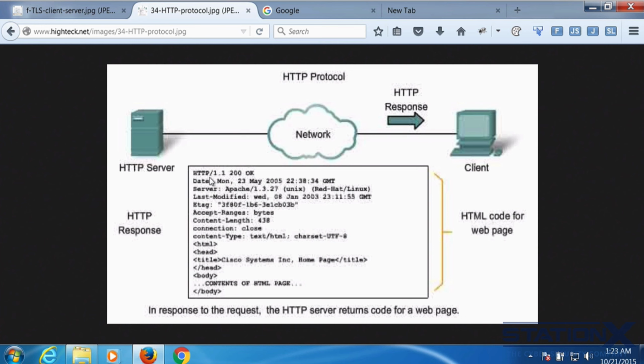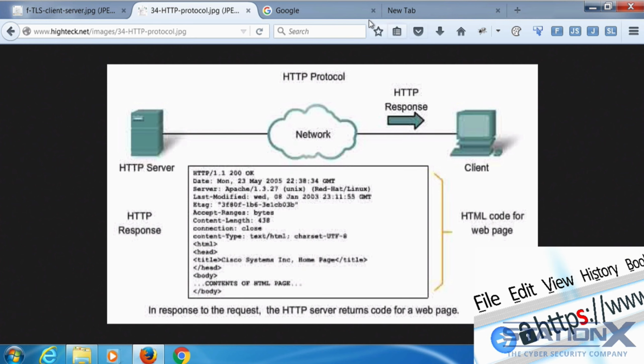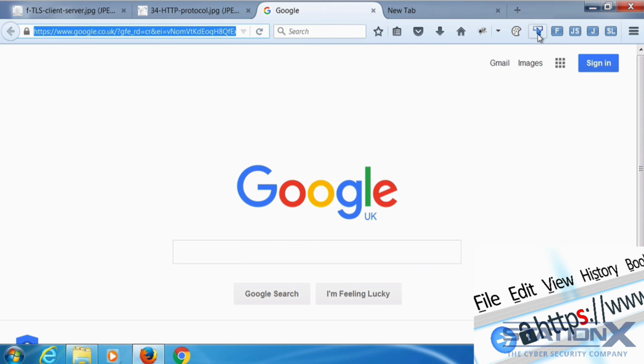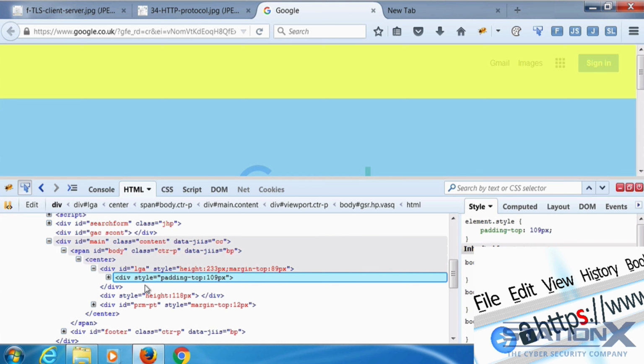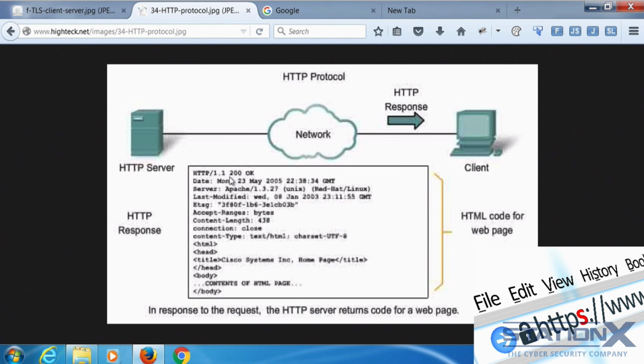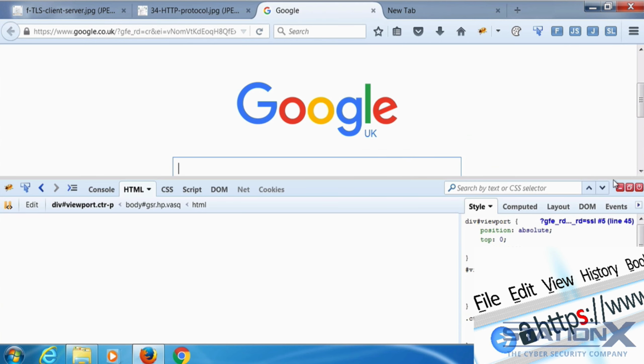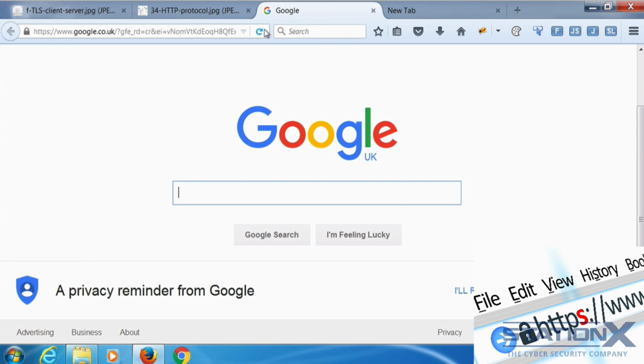It's talking about dates, servers, and then below it, you have the HTML code, which is what you will see if you look at the source code of the pages. It looks like this. So the HTTP is in plain text. Now, if I close this and actually go to Google and change it to HTTPS, I am now running HTTP over TLS or